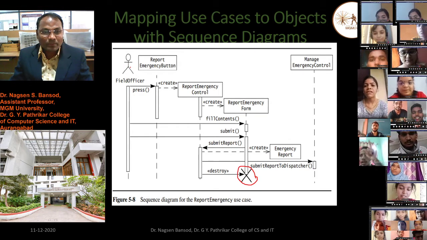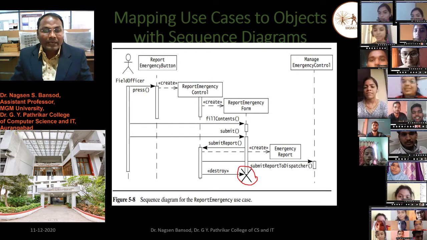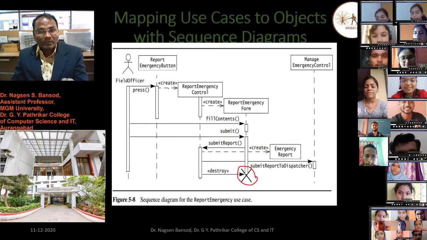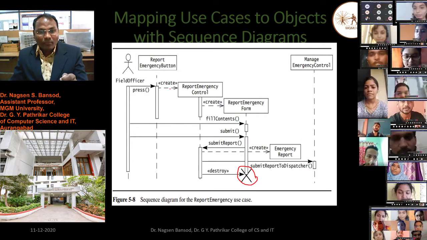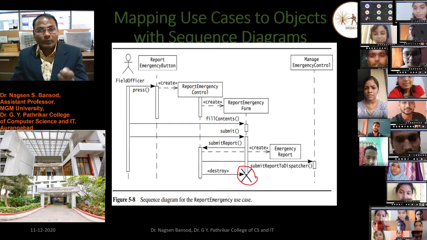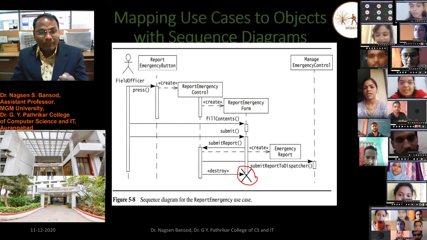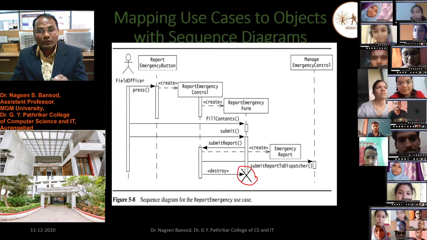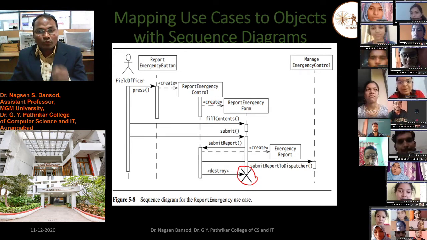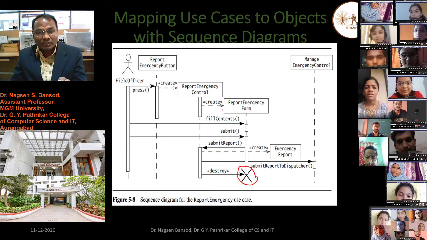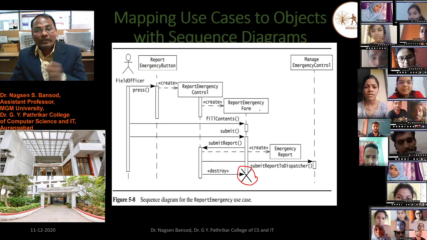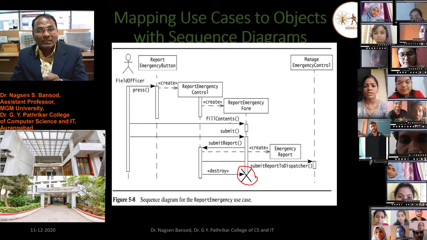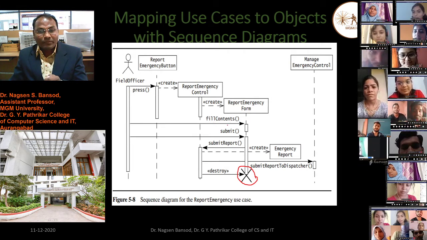Once we press the button, the report emergency control will be activated. Then this dotted line again shows the time span to reach the report emergency form message, and then the field officer fills in the content.